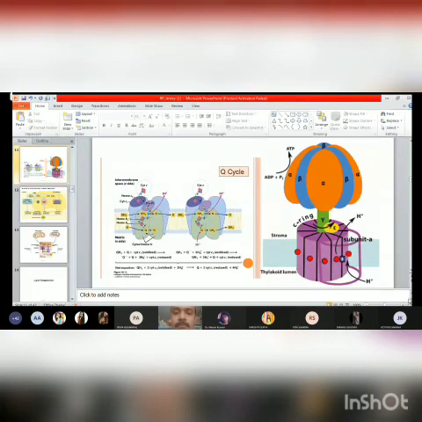So on the right side, we have the image of F0 F1 ATP synthase. This is an important multi-protein complex, which is made up of 2 important subunits. The one which is anchored in the membrane, which you can see, is called the F0 part. The other one, the club-like structure, which is protruding towards the matrix, is the F1 complex. F1 is made up of 3 repetitive subunits of alpha and beta subunits, which has